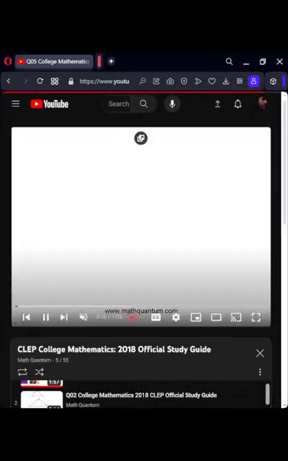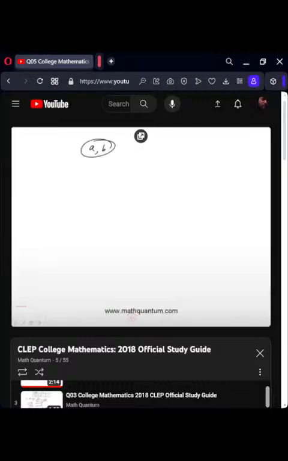We're told that for any positive integers a and b, this operation, cross in a circle, is defined as 2a minus 1 raised to the power of b minus 1, and the question is asking us to evaluate this product. So the way to do this is to first start with the inside of the parentheses, so 2 cross 2. Here a is 2, b is 2, so we replace wherever a is with 2 and b with 2,